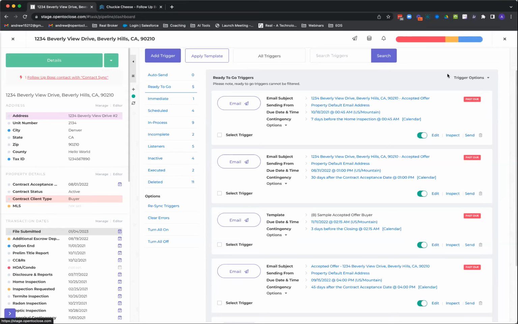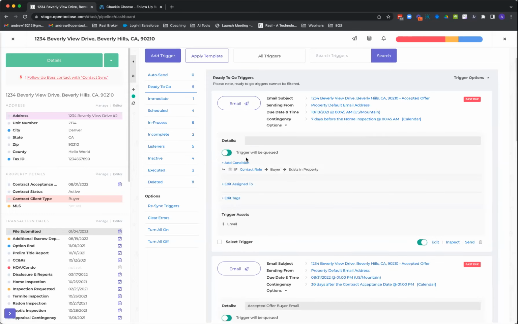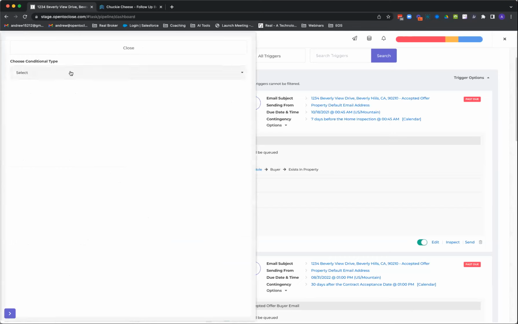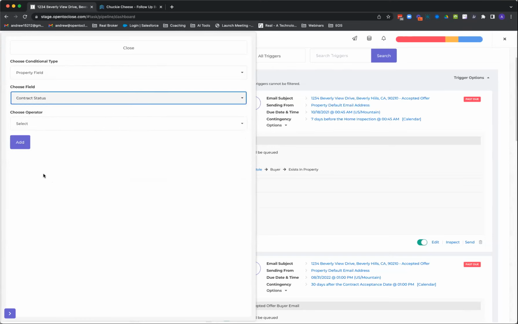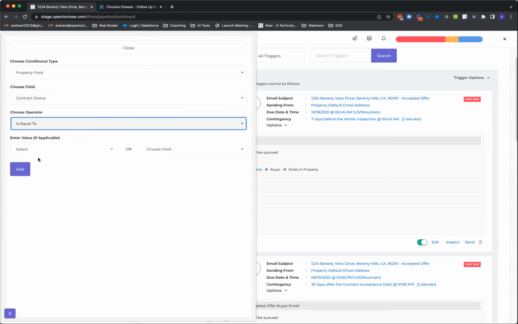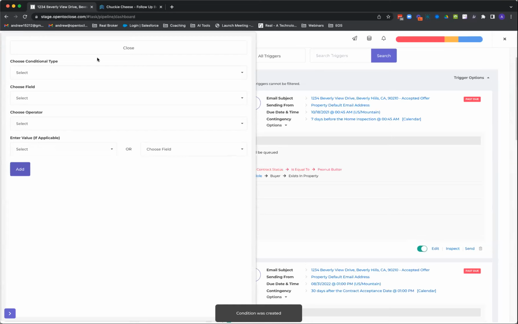The other thing you can do, which was the original question, is you can put a condition in here. Let me just add one. Just come down here and select any property field. So if you're looking for a property field, maybe it's a choice field and a certain choice that they're making, you can say, if the contract status is equal to peanut butter, then I want to,